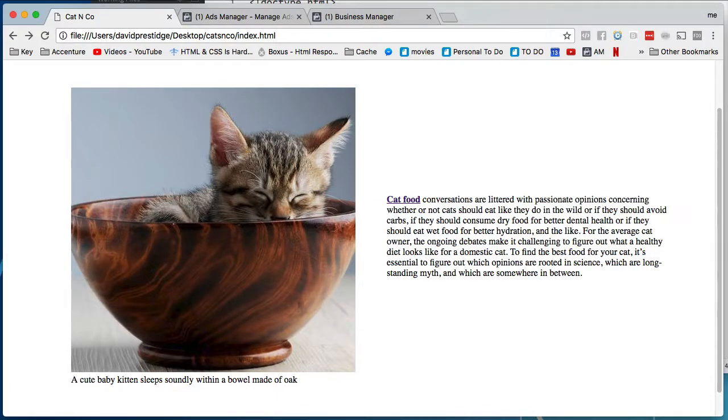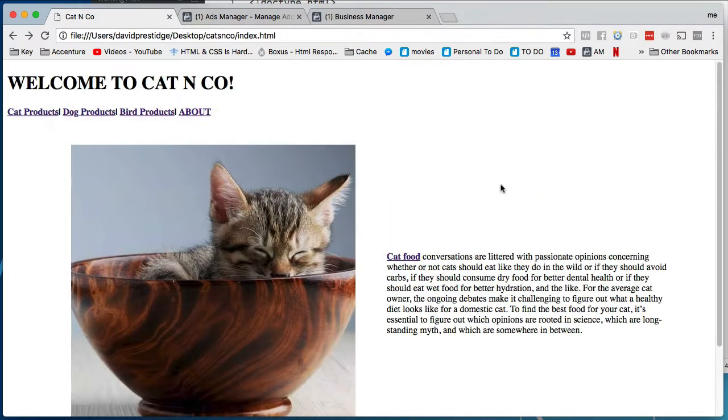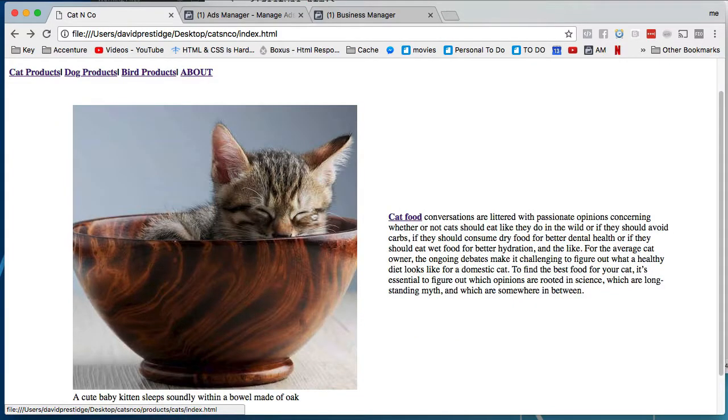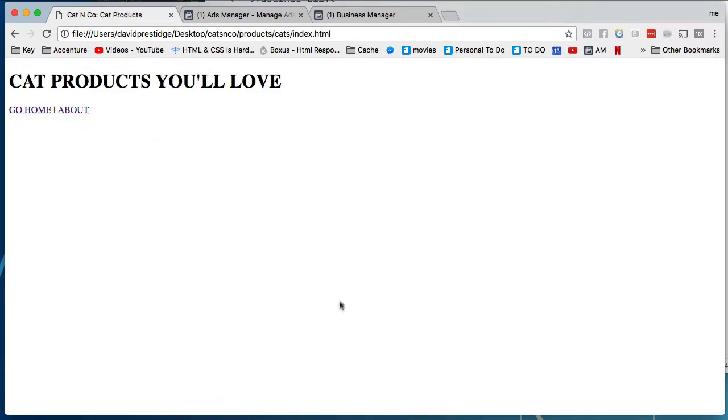Now, before we're finished coding our page, we want to add the Facebook pixel. And for those of you who are just watching this tutorial, not the other tutorials, what we have done essentially is we have created a beautiful homepage for a pet food slash products website. As you can see, we have cat products, we have dog products, we have bird products, we have an about page, we have an adorable cat that's linkable, which goes to a secondary page,